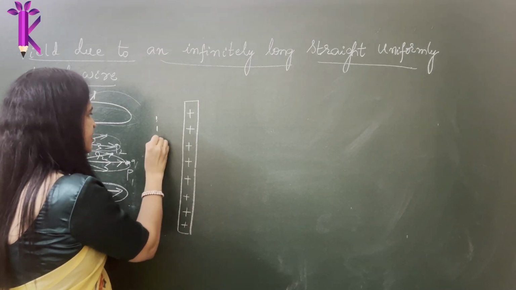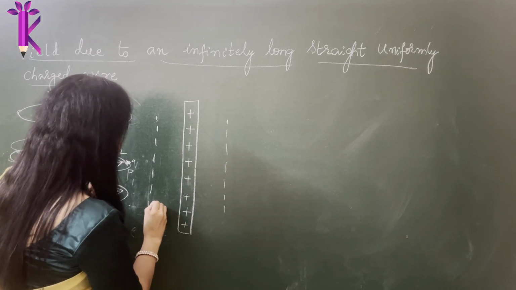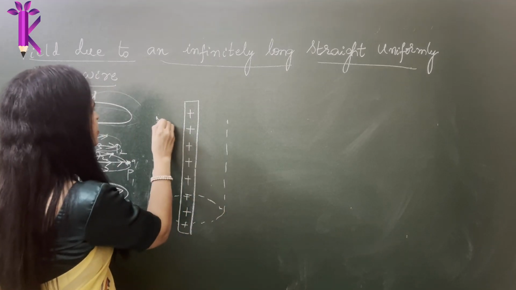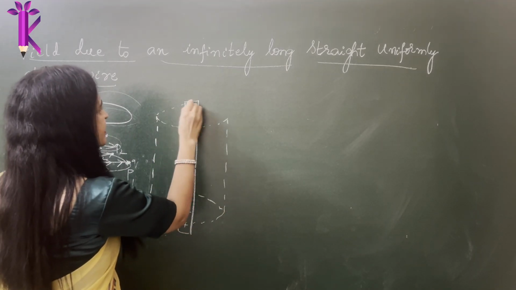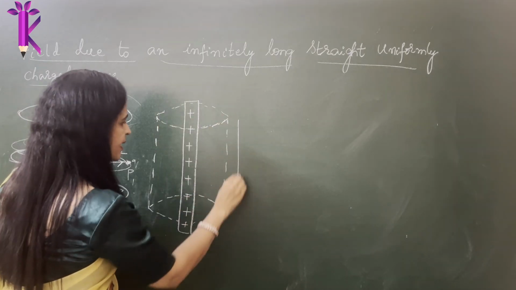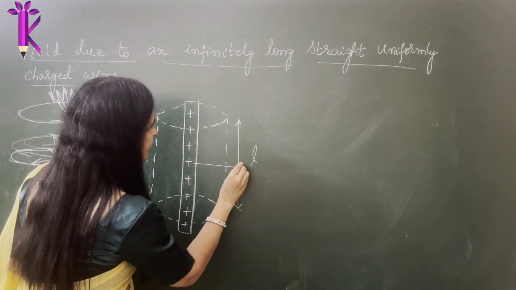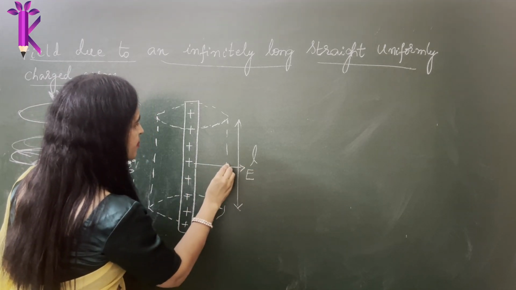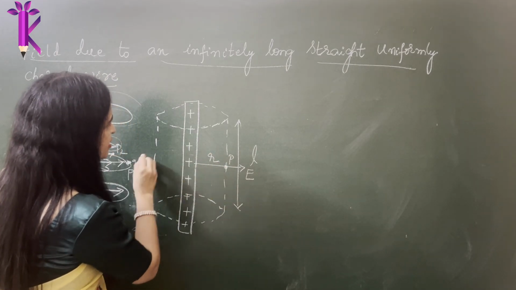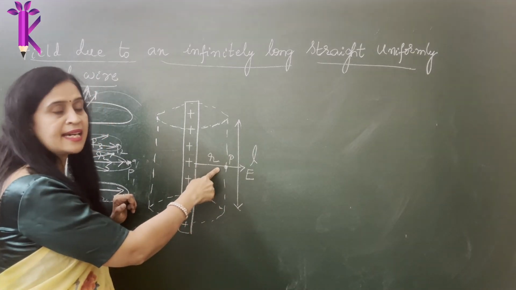So this is the imaginary surface. I assume that this infinitely long thin wire was placed in a cylindrically shaped Gaussian surface. So consider a cylindrically shaped Gaussian surface of length L. So this is the length L. You see the electric field is in this direction. Show the direction of the electric field. Imagine a point P at a distance R. So here again, you can imagine this to be divided into lots of spherical shapes and you can calculate. So the electric field lines are radially outward.